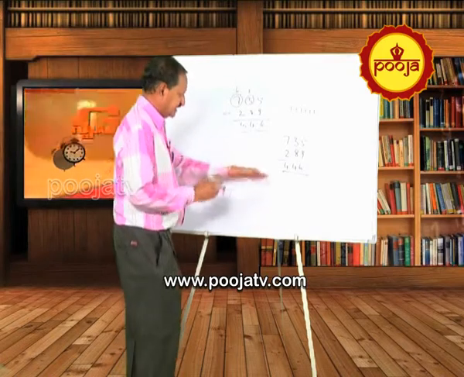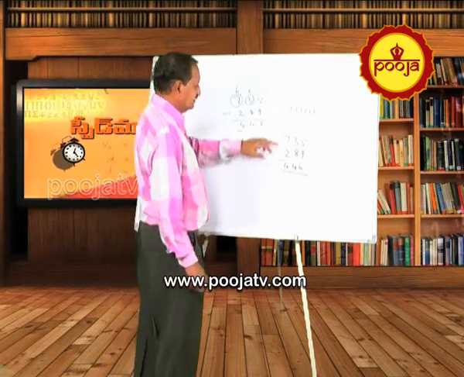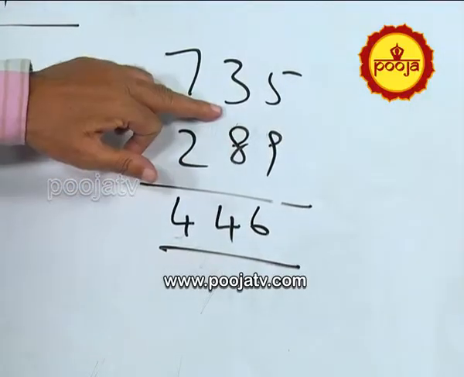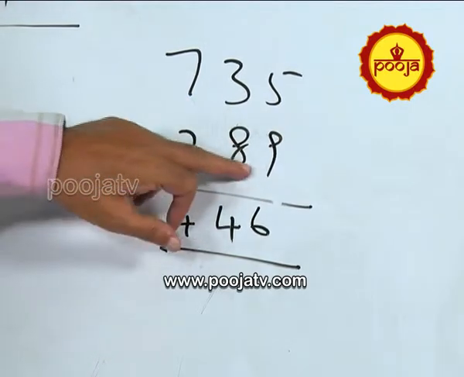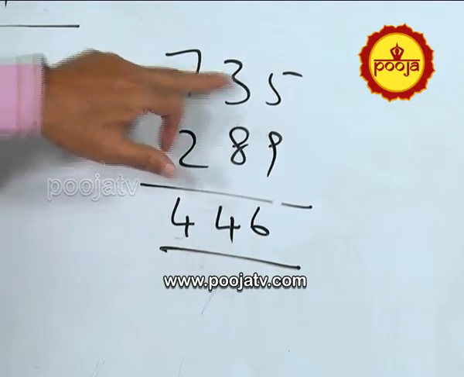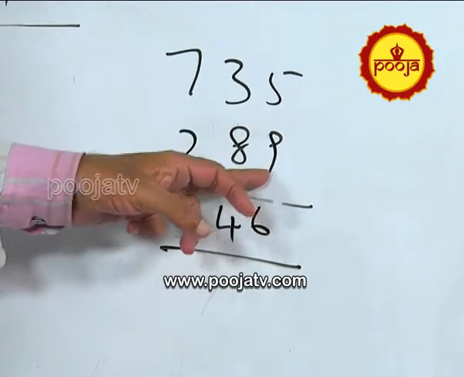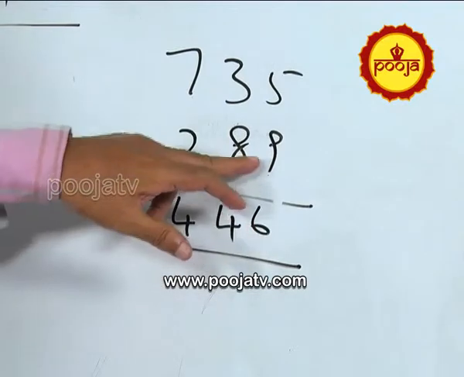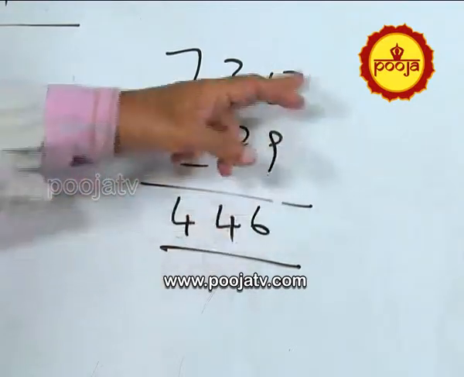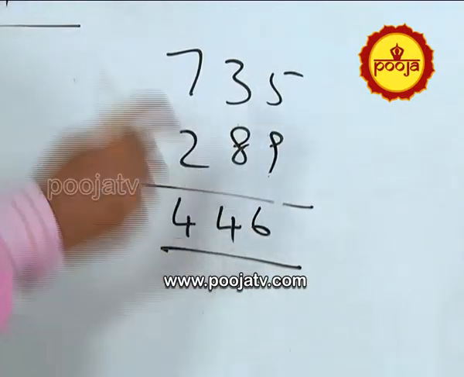Because I want to explain, it has taken much time. I will tell you simply. 7 minus 2 is 5. It is a mismatch. So make it 4. Complement of 8 is 2. 2 plus 3, 5. But it is a mismatch. So 5 minus 1, 4. And finally it is the last number. There is nothing to decrease or increase. Complement of 9 is 1. 1 plus 5, 6. So 446, 446.